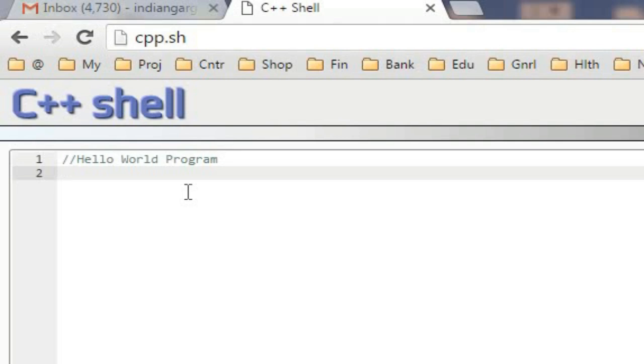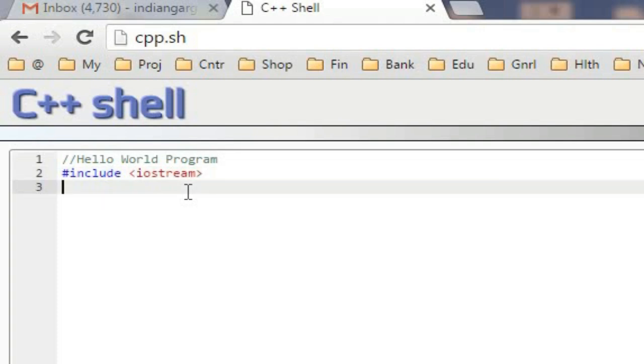And very important thing is the include, which includes the library, the way we do it in C also. But here the most popularly used library is IOStream. We do not usually include .h because .h is usually the C kind of libraries. The C++ libraries are usually without h extension. We'll write